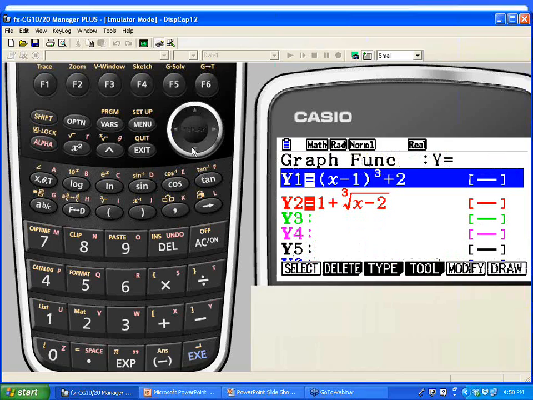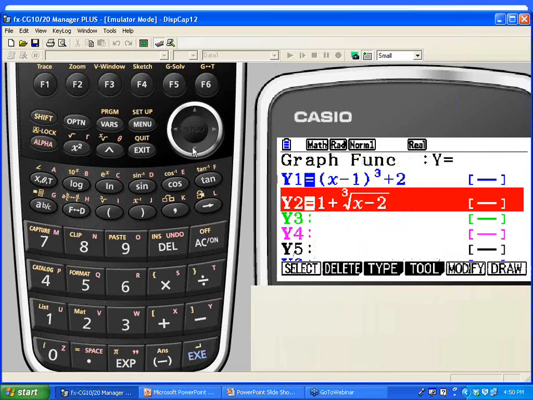If you've not played with Picture Plot or the regression features, that is another neat webinar, or you can find all kinds of activities and lessons at the Casio website that demonstrate that. It's a very neat thing.